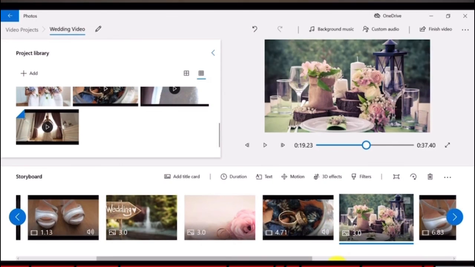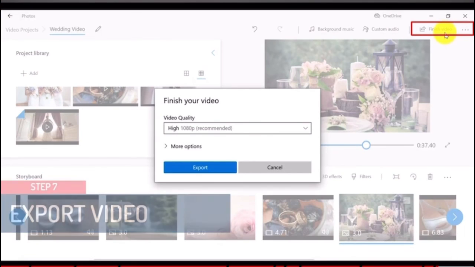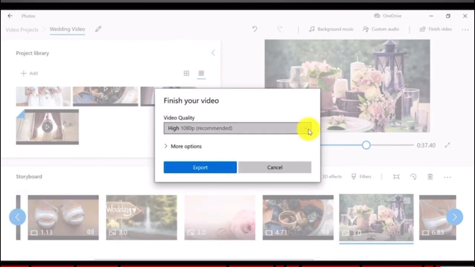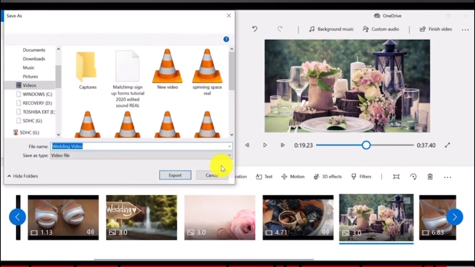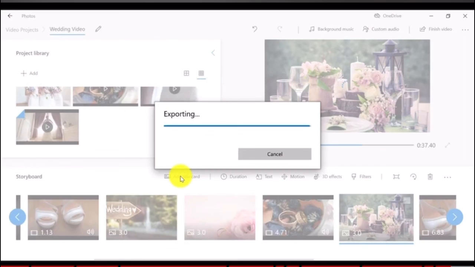So we need to click on Finish Video up here on the top right corner. Then choose the video quality. I recommend HD video quality. So I'm just going to save it in my videos. Okay, so let's play back what we